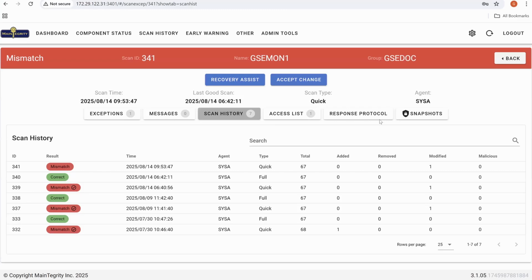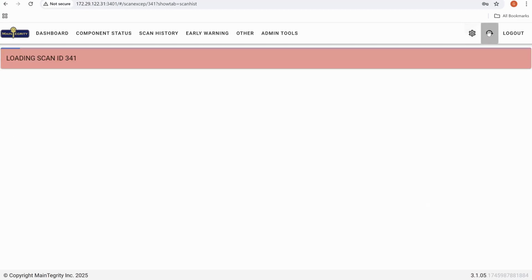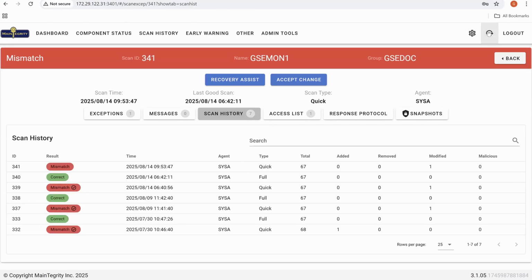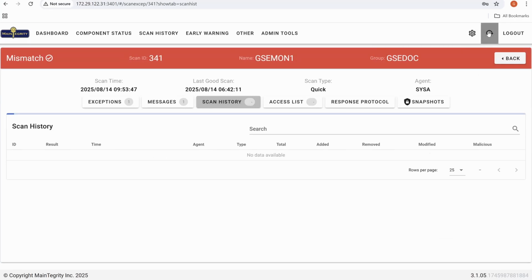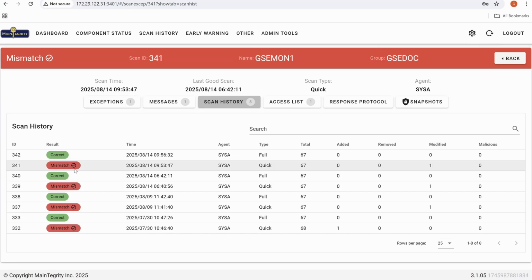And if I go into scan history and I just wait till that runs. Oh, it's run already. So what happens then is it puts a little tick mark in that mismatched record, and the scan that I just showed you shows that the file is correct. Now it's back to the way that we wanted it and that kind of thing. So I just wanted to show you the whole rigmarole of going through a change detected and all that kind of stuff.